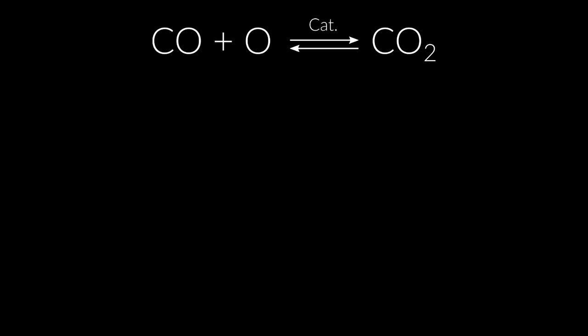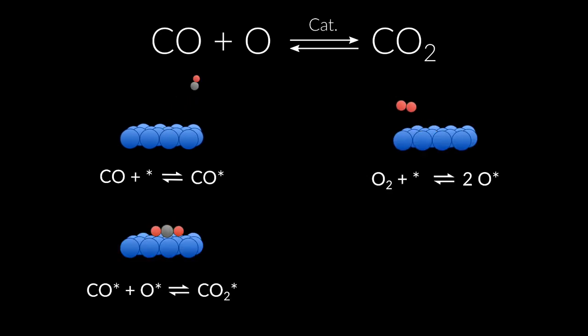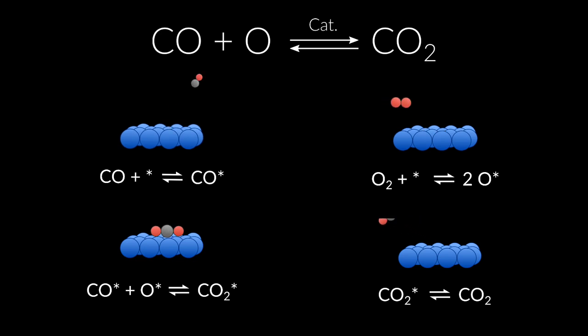The reactive system we want to investigate is the oxidation of carbon monoxide to carbon dioxide on a catalyst surface. Four individual reaction steps can be identified: the adsorption of carbon monoxide, oxygen and carbon dioxide, and the surface reaction from adsorbed oxygen and carbon monoxide to form carbon dioxide. These elementary reactions not only have their individual energy barriers and rate constants, they are also all coupled to each